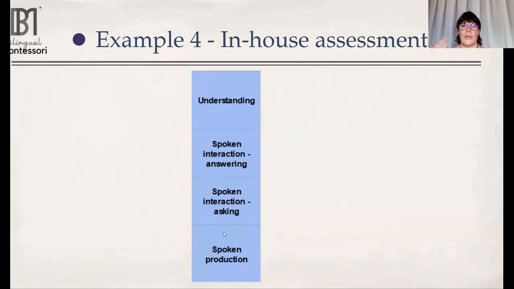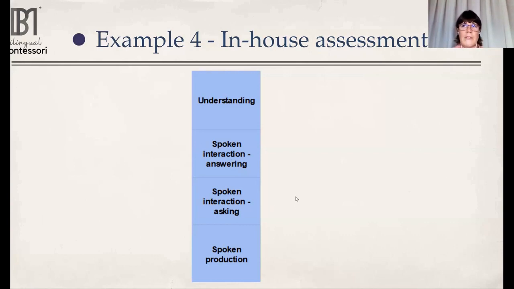Spoken production is when you show someone a picture and ask them, what do you see? It's like the example I showed you before, and they should start speaking. This is a very hard discipline. So for those who master it, you know that they are capable of the skills that are kind of lower on the ladder. But if they are not capable of that, as with the 9-year-old student with the in-house, with the one picture for all, I was asking them questions, they were answering.